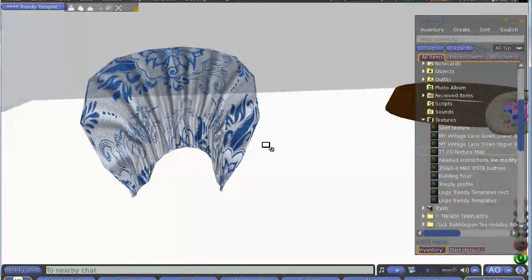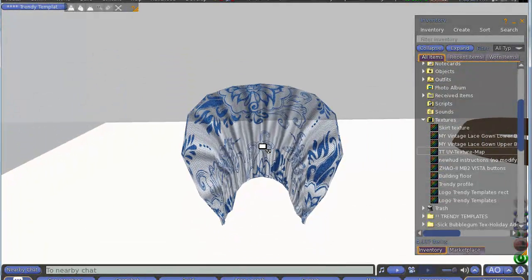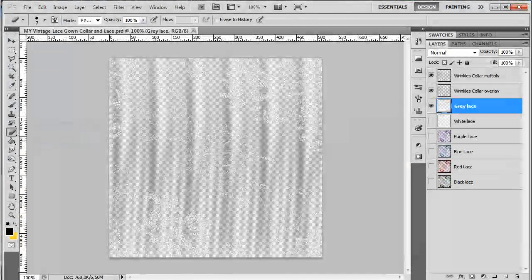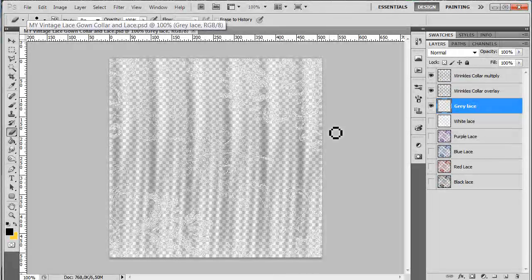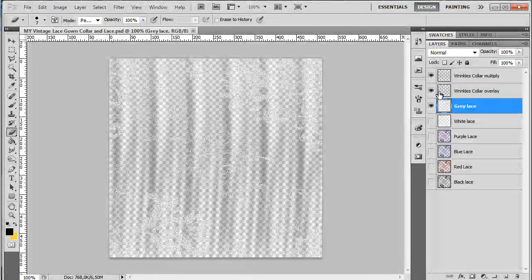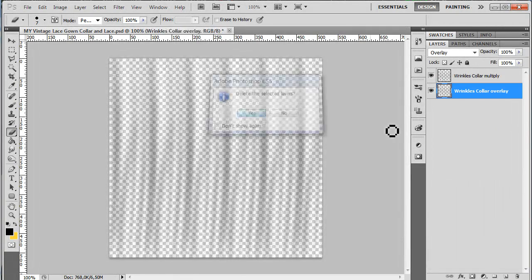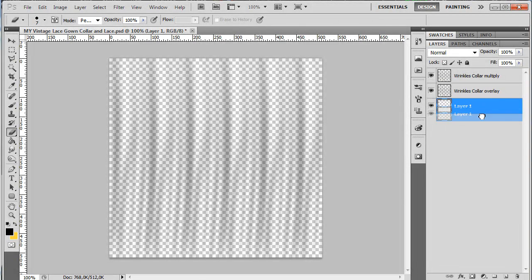I don't really need that on this sculpt because it is pretty simple, and besides I already have a texture file that has all these wrinkles in it. I have opened it in Photoshop, and it works the same way in GIMP. I opened my vintage lace gown collar and lace, which is exactly here, and you see it has already those wrinkles, and it has the laces. The laces I can throw away right away because I don't need them, and I will add another layer that I will fill with this golden